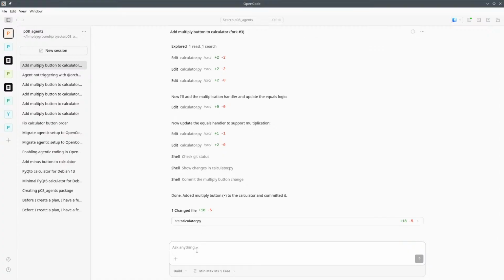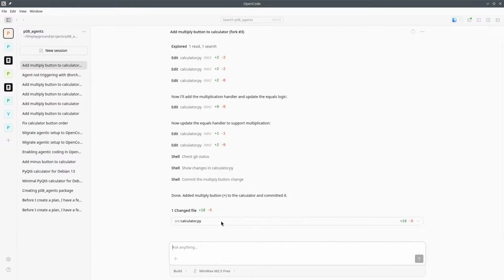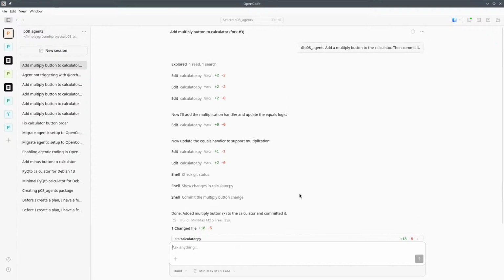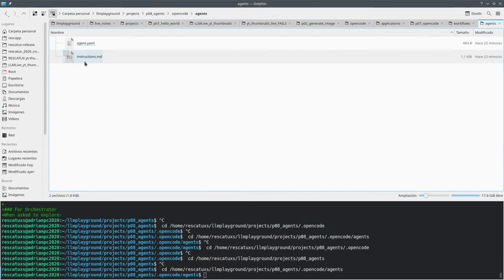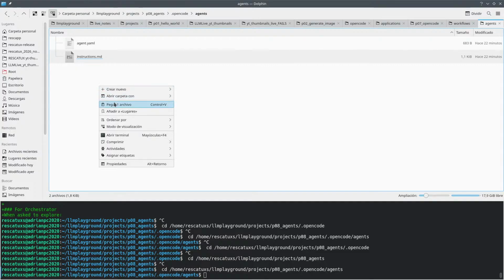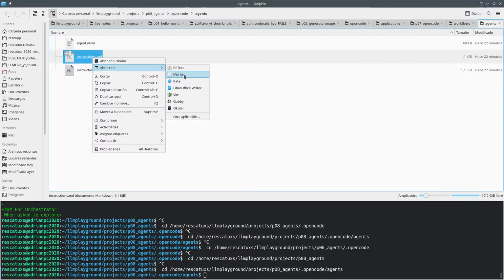So what about writing in here instructions? Yeah, instructions is general instructions. Yeah, I don't think this is working as expected. So let me go into agents. Let me copy this thing like instructions to, and